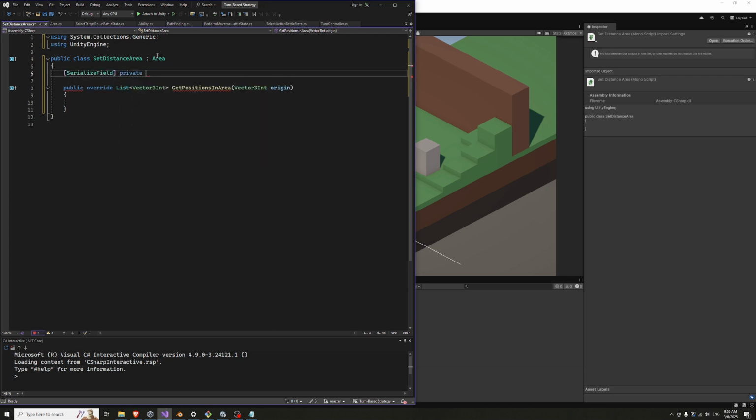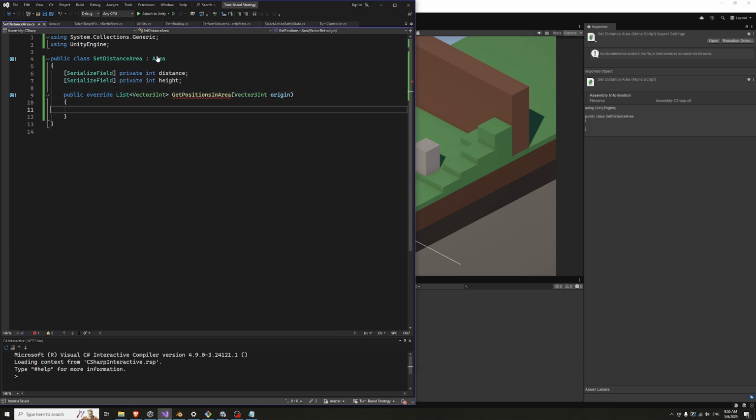Serialize field, private int, distance that it can reach, and also a height that it can reach. I don't think I'd like my game to be as testy as Final Fantasy Tactics was with their insanely low height for AoE spells. It's not so bad when you use the higher level spells, but my god, to begin with, it's bad. Anyway,